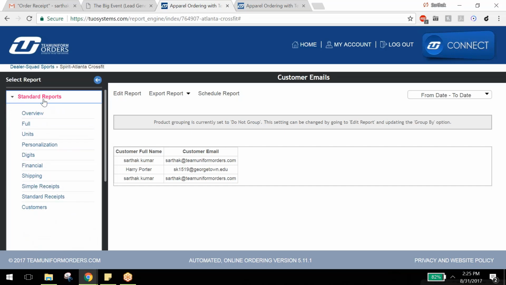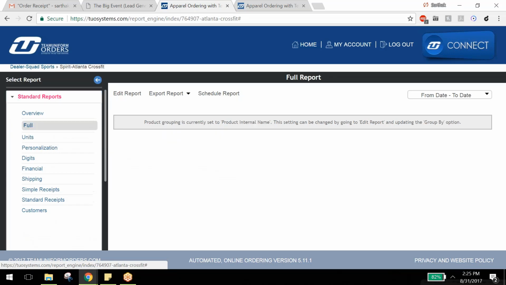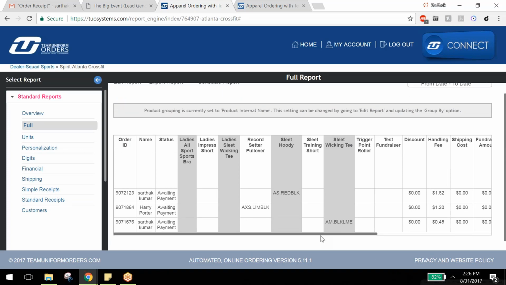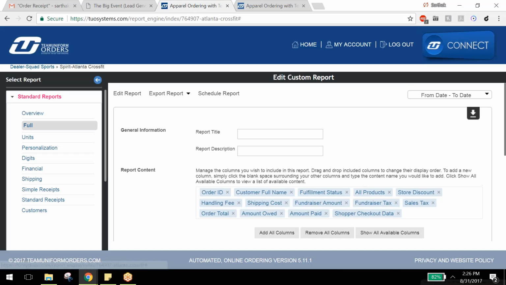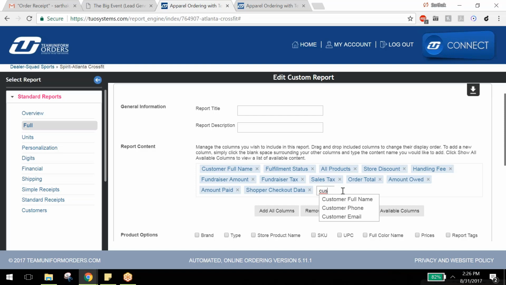So you go to the standard reports and you see there's an option of full report. Once you go to the full report, it gives you all these fields, right? But you probably don't want all these fields. You want only the fields related to the customer information, the name, email address, and all that. So you go to the edit report option, and right here it says report content. In this, you can include whatever information you need from your customer. If you don't want order ID, handling fee, you can remove all those fields. Just have customer full name, include the customer email ID,